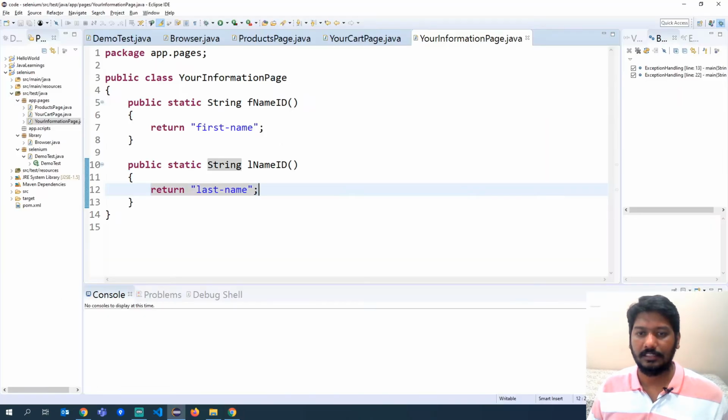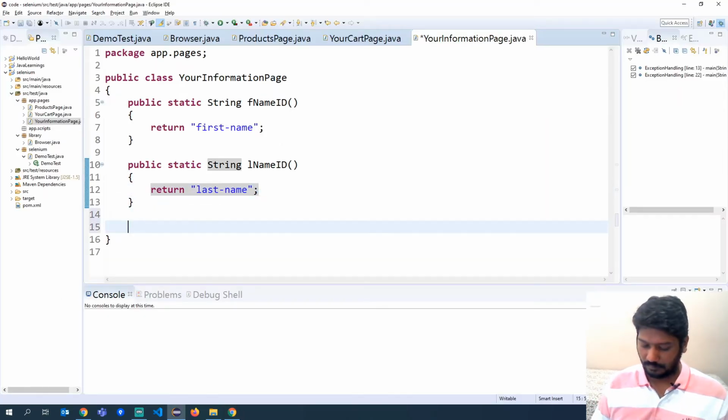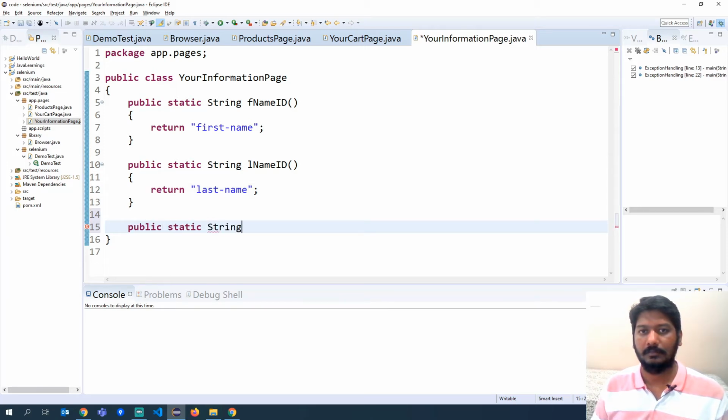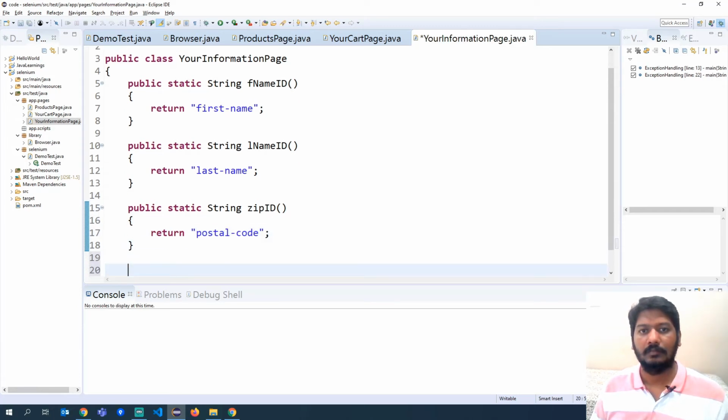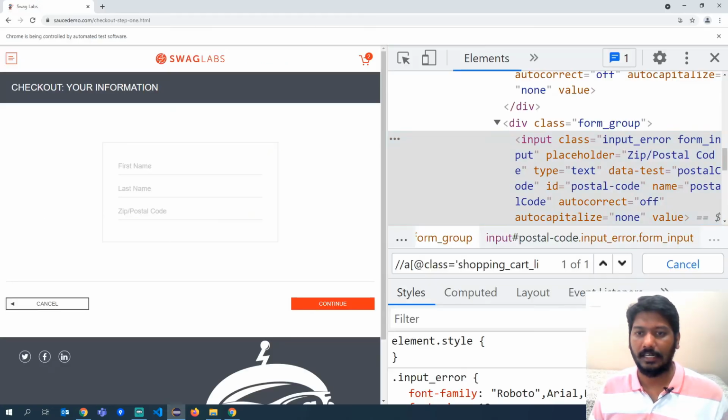So I'm adding this public static string zip id. Now finally I have to click on the button, public static string. Let us see how we can identify it first.